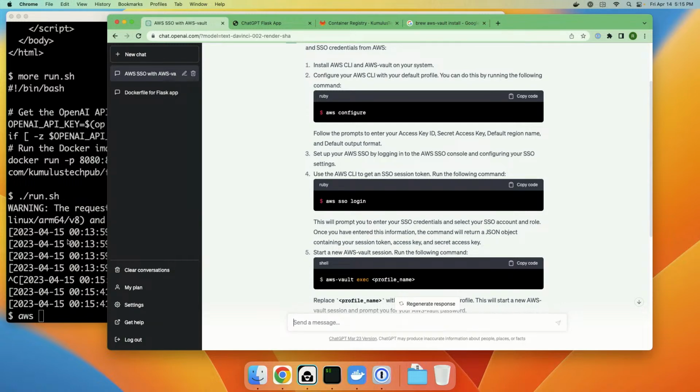So already I disagree with what ChatGPT is doing. It's not that it's wrong. This would technically work, but there are better ways to do it. And actually, if I do AWS SSO login, which it didn't actually suggest,